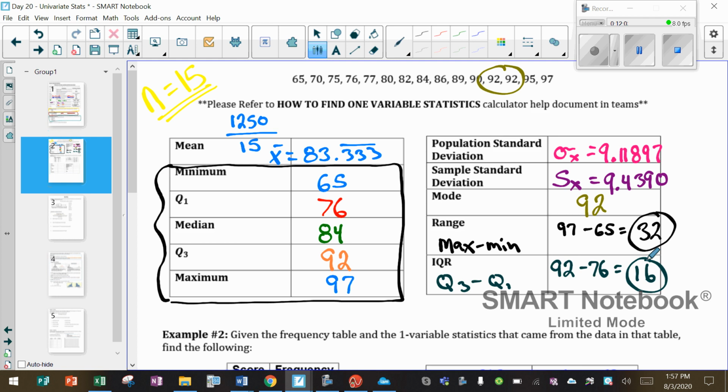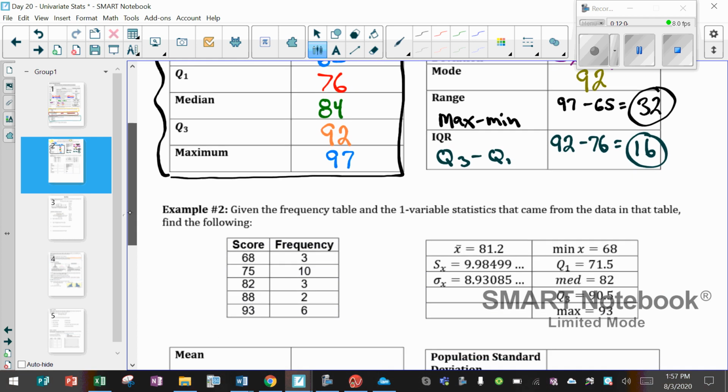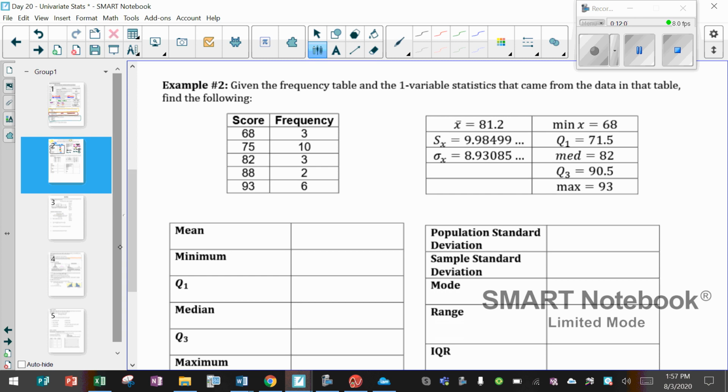So that's how we recognize some of these. For example, number 2: given the frequency table and the one variable statistics that came from the data in that table, find the following. What I'm giving you is the actual scores. The score of 68 occurred 3 times. That's what frequency means, how many times that score showed up in the list. So there were 3 scores of 68, 10 scores of 75, 3 scores of 82, 2 scores of 88, and